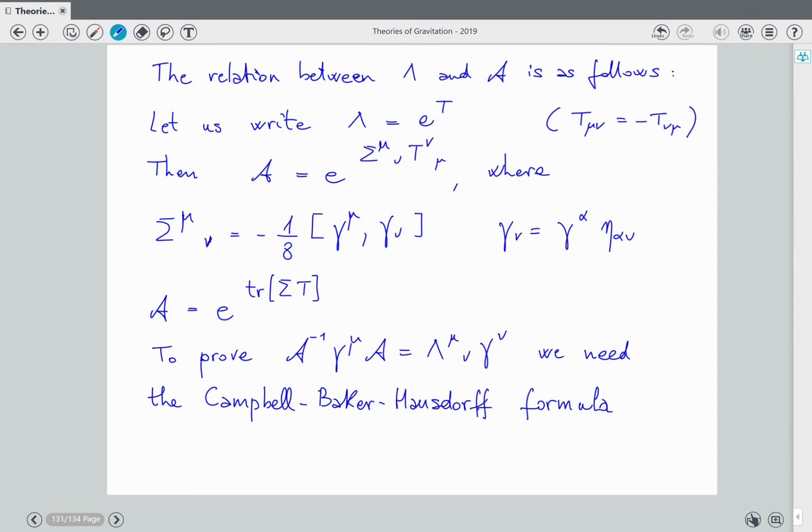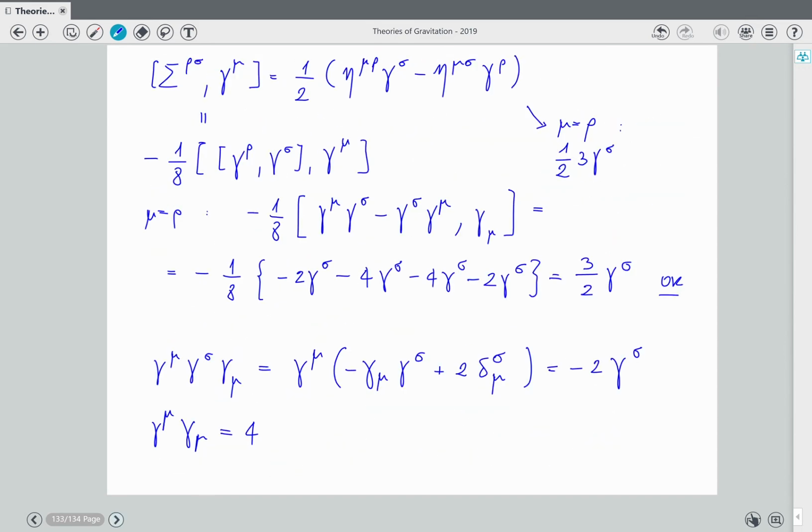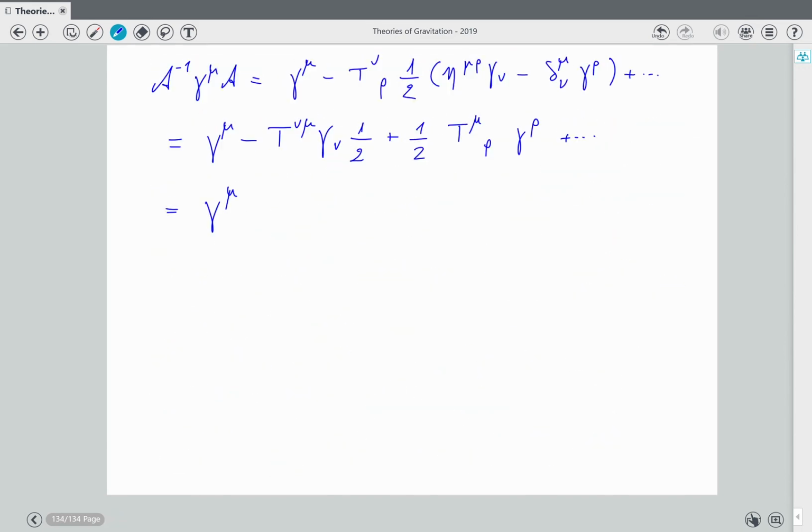It's like a rotation. So those two contributions that we have here are actually the same, and that's why you lose the coefficient 1/2. And so this is e to the t gamma